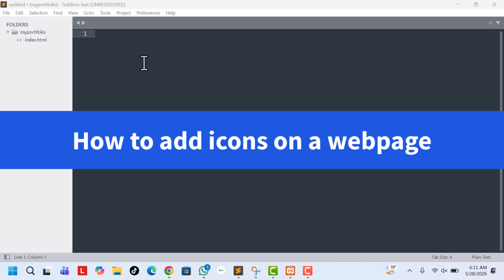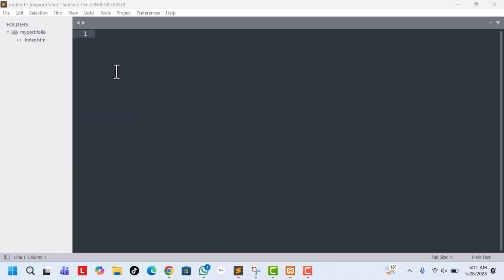Hello friends, today we are going to see how to add icons on a web page. So this is our project, my portfolio. We are going to open this